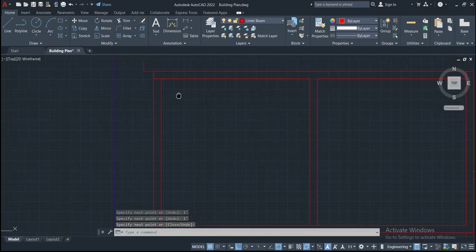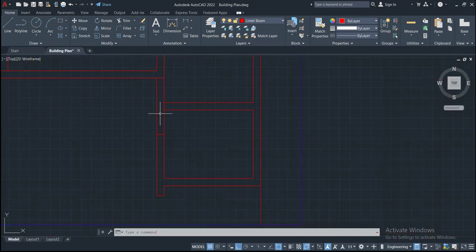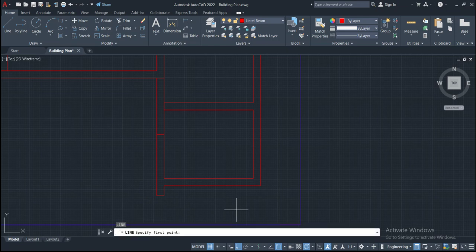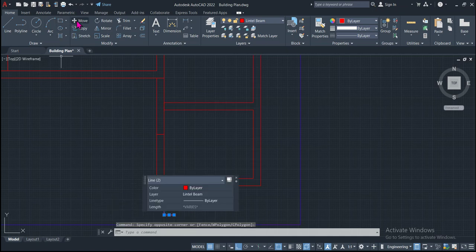And now we have to also draw a 1 feet by 1 feet here. So it is given in, so 1 feet means here we provide 2 feet in this direction and 1 feet in this direction, and then enter, and then we will select it and we'll move it to the